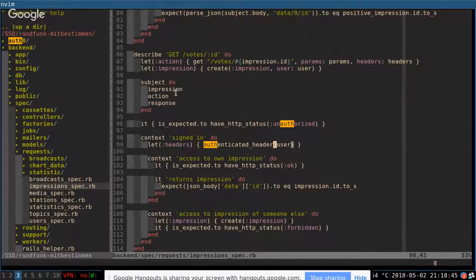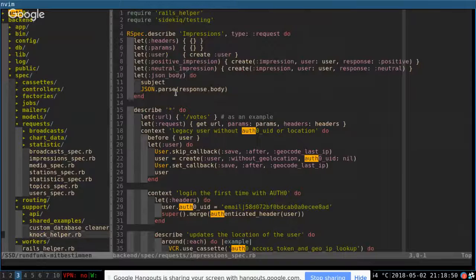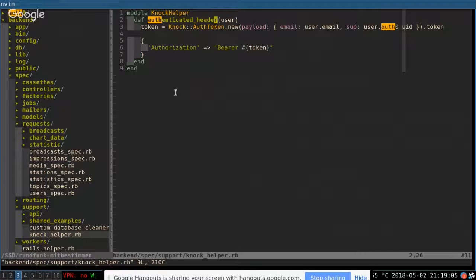Authenticated header. Okay. So authenticated header is a helper which comes from here. We have knock, and knock is responsible on the backend side for decrypting the token. This helper method just does the opposite: it creates an encrypted token with the email as sub, or whatever sub means, of the user.